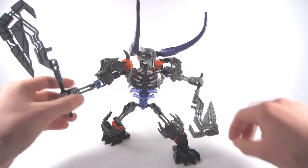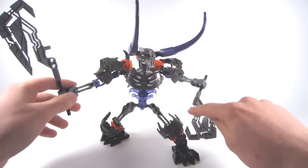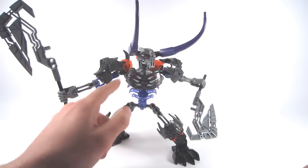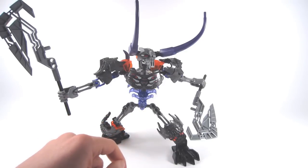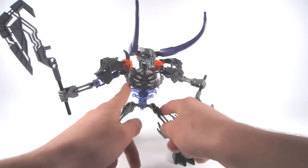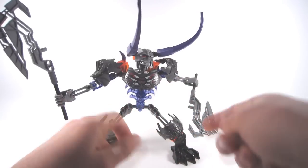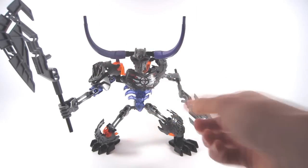They kind of spring like that. And some people may or may not like the open axles, although these are supposed to be hilts. And this you can connect things to this axle over here. This set does have open ball joints, which I understand many would not appreciate. As far as some other new parts, he actually does come with the rib cage piece right over here, and this time in transparent purple. And then finally the mask, which is a bull, almost kind of like a...